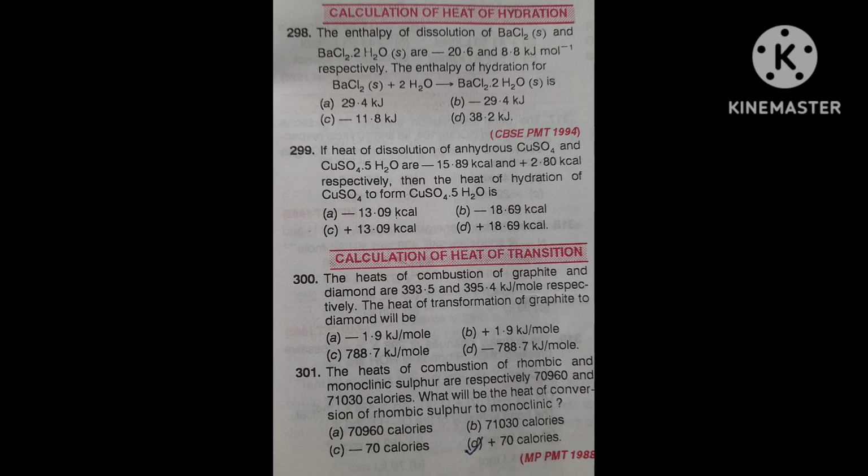The heats of combustion of graphite and diamond are 393.5 and 395.4 kilojoule per mole respectively. Again I am repeating the question. The heat of combustion of graphite and diamond are 393.5 and 395.4 kilojoule per mole respectively. The heat of transformation of graphite to diamond will be: